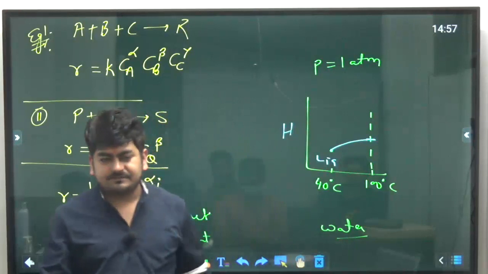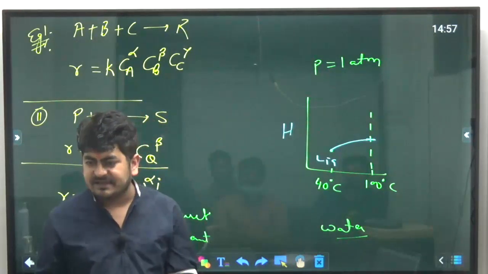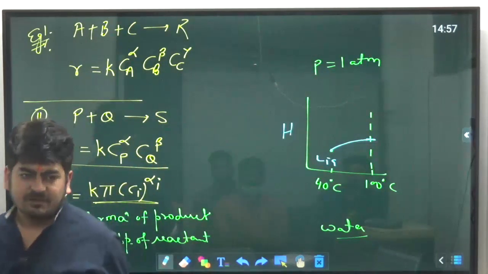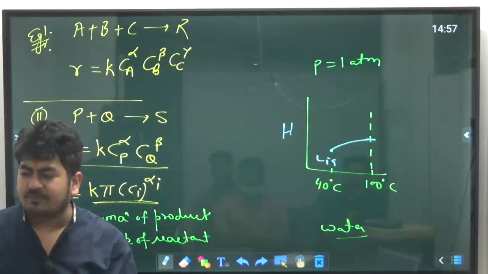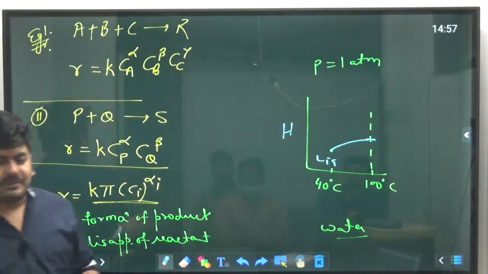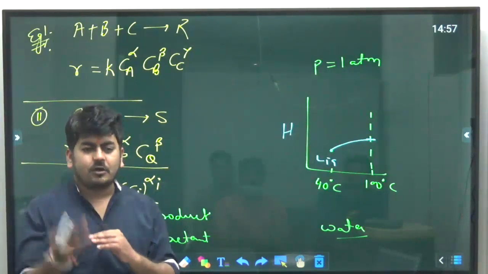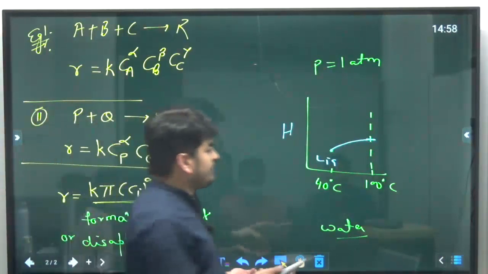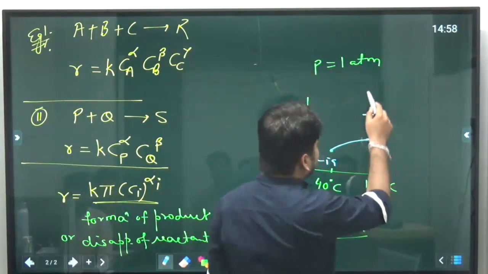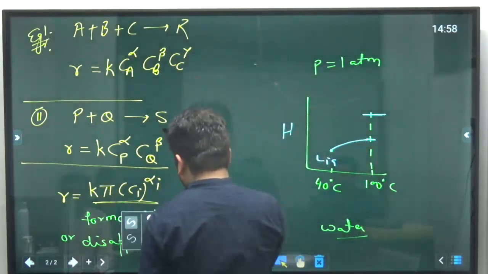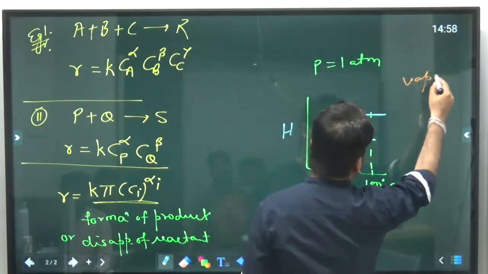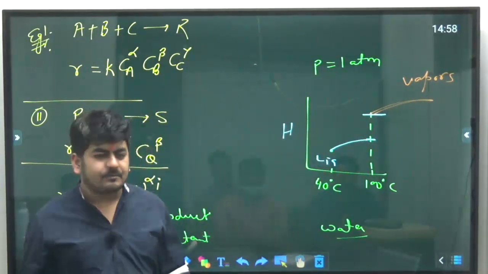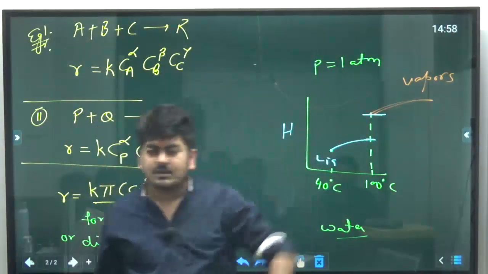Since the heat capacity Cp, the specific heat, of the liquid water has been exhausted, now it cannot further absorb the heat. So what will happen? The liquid will collapse, basically the system will collapse. It will change and liquid will transform into vapors. And vapors have larger heat capacity as compared to liquid, so further their temperature will keep on rising.